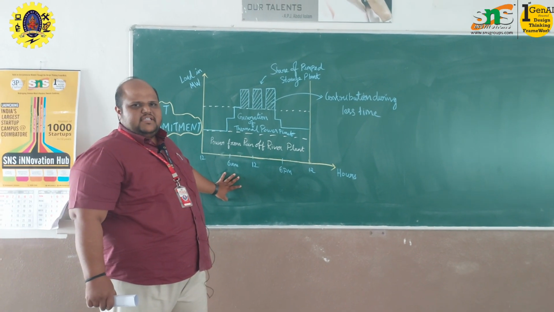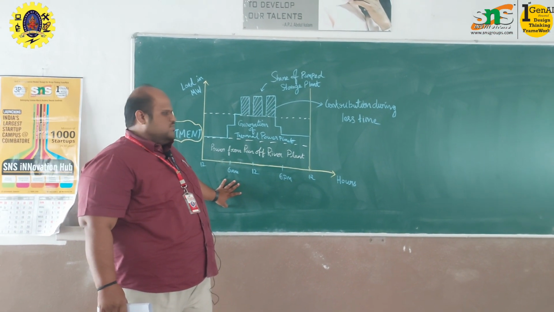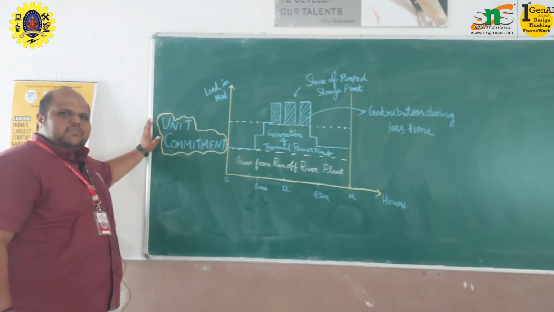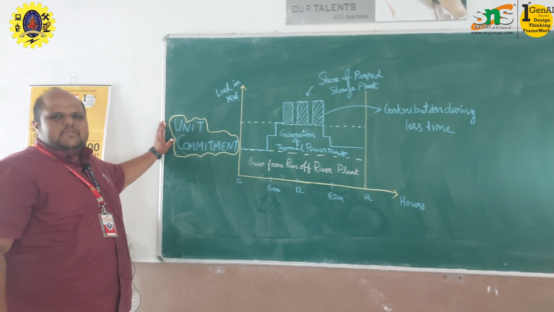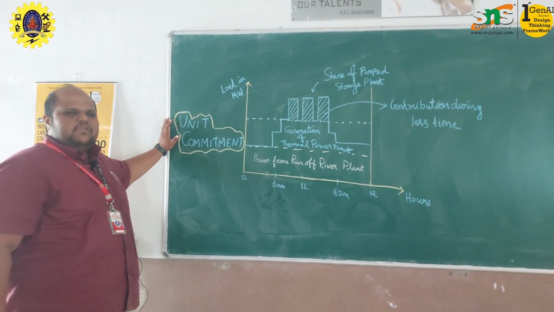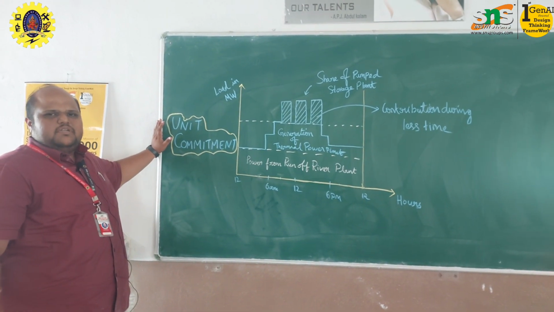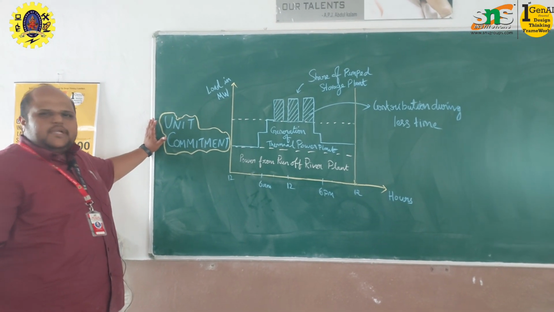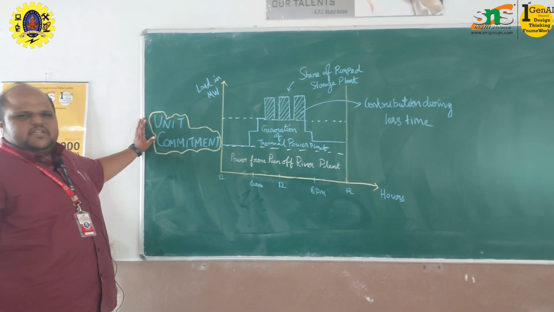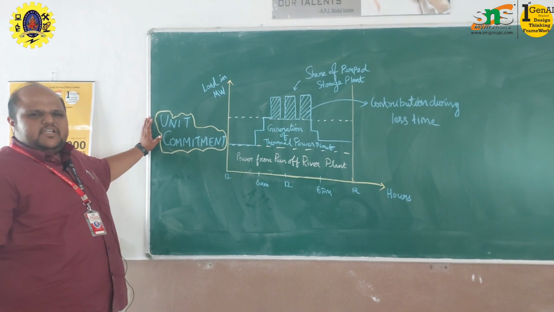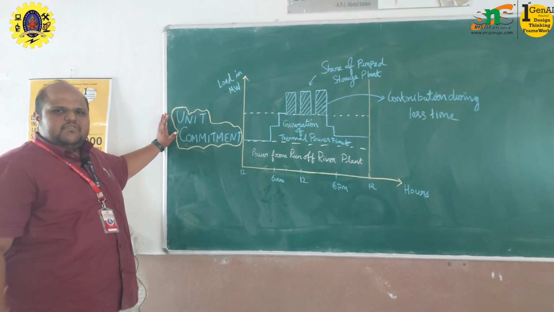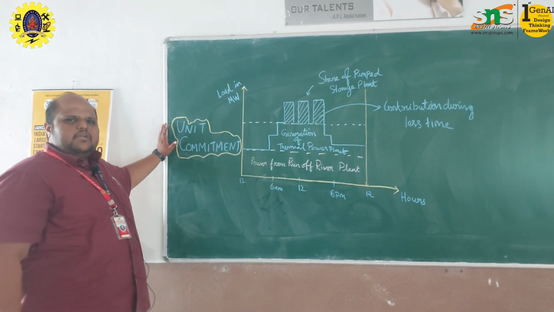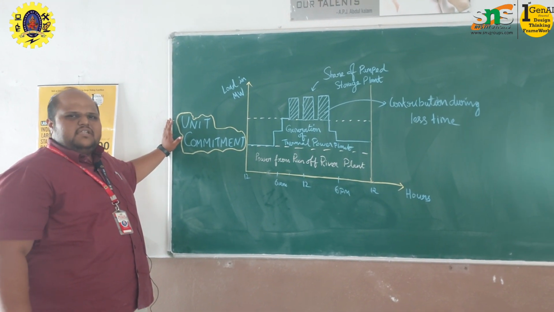Today we are going to see one of the important topics in the Power System 2 subject, that is unit commitment. So we all know that there are n number of power plants running simultaneously to meet the demand of the consumer. In such a case we have to select which type of power plant to be operated at which time. Sometimes we need a thermal power plant, sometimes a hydro power plant, sometimes a solar power plant. So based upon the per unit cost of each power plant, we have to select